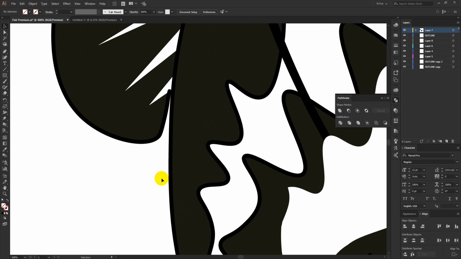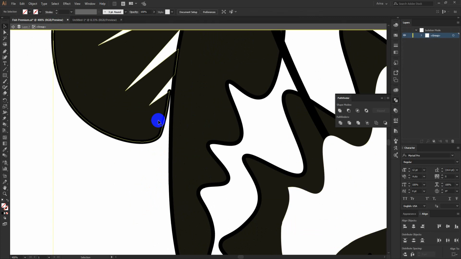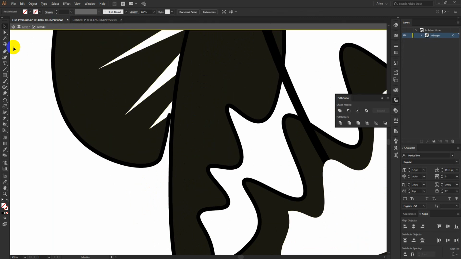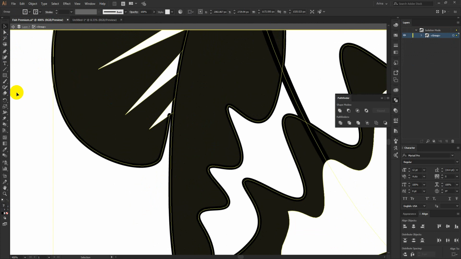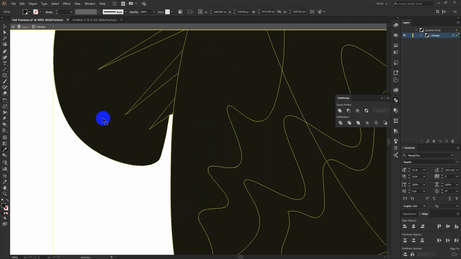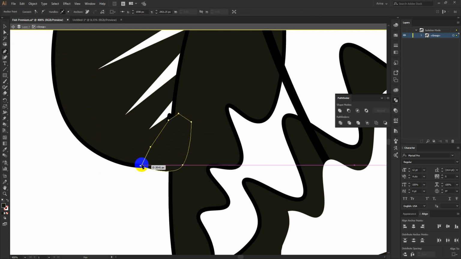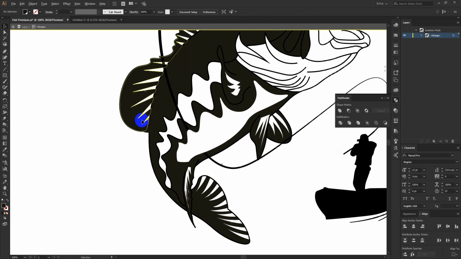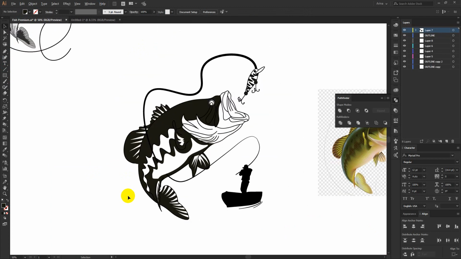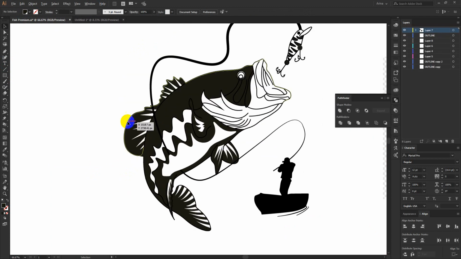Okay, maybe here is some problem, I have to fix this. For that I'm just going to select anything, picking my eyedropper tool, sorry for that, to select this color as fill. Now I am going to use my pen tool here, something like this will work for me. Okay, it really takes some time to make this kind of design.